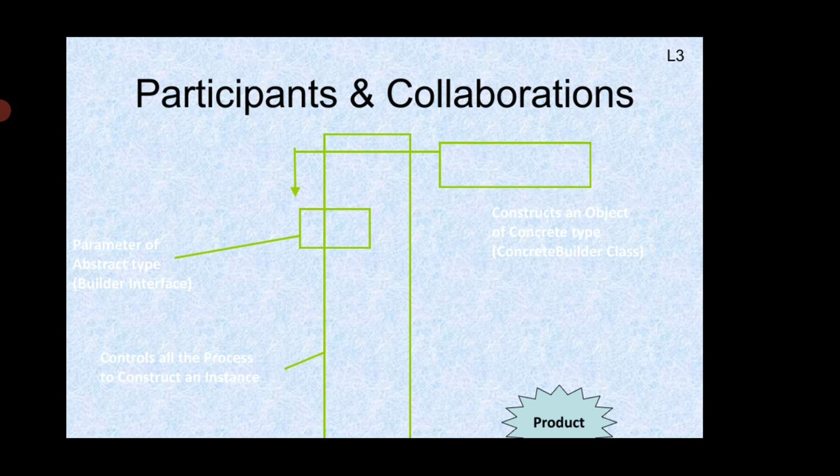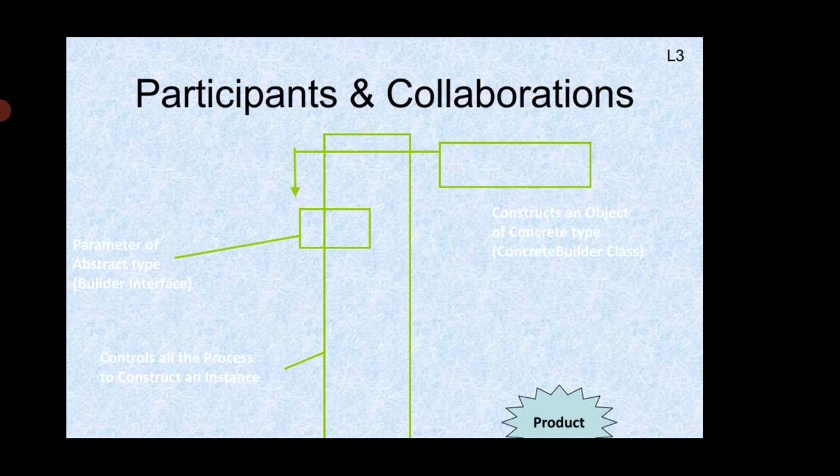The builder, in this case the text converter, specifies an abstract interface for creating the parts of a product object.